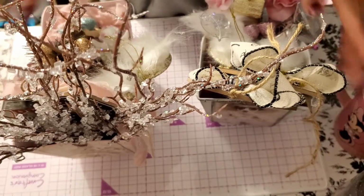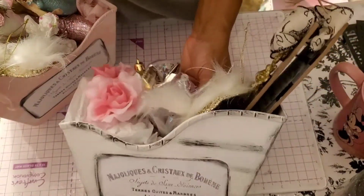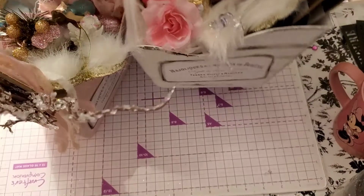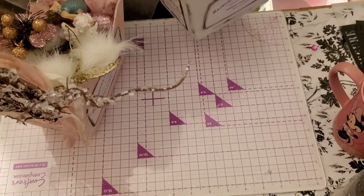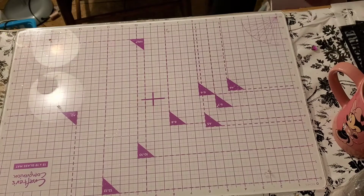So anyway, this is what we're making. We are altering these sleds. I did one in white, and I did one in pink. This one's more shabby chic. This one's more like maybe farmhouse or French country. I decorate my Christmas basically shabby chic, but French country, farmhouse, it all fits in there. Okay, so